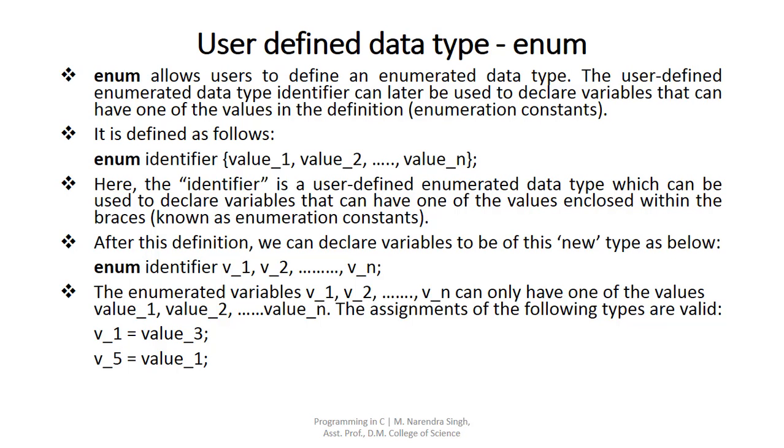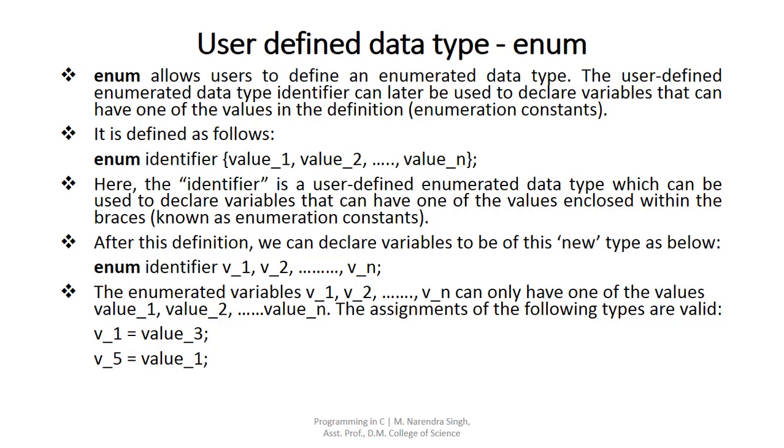Enum allows users to define an enumerated data type. Enumerated data type means listed data type. The user-defined enumerated data type identifier can later be used to declare variables that can have one of the values in the definition called enumeration constants. It is defined as follows: enum identifier {value1, value2, and so on, value n};